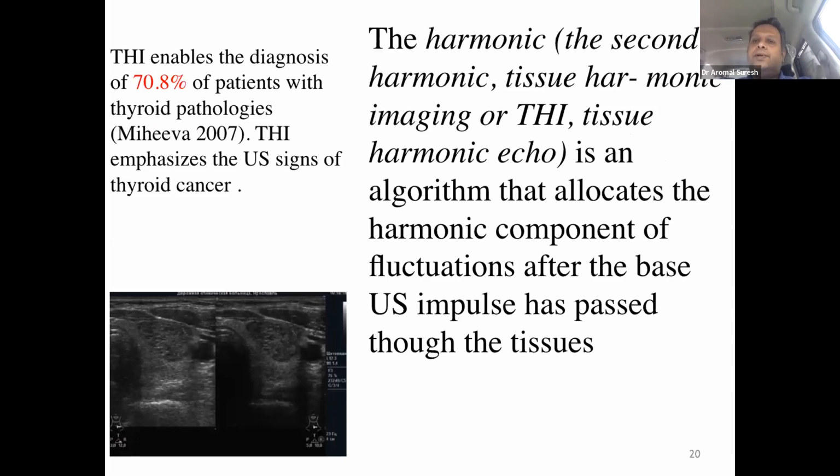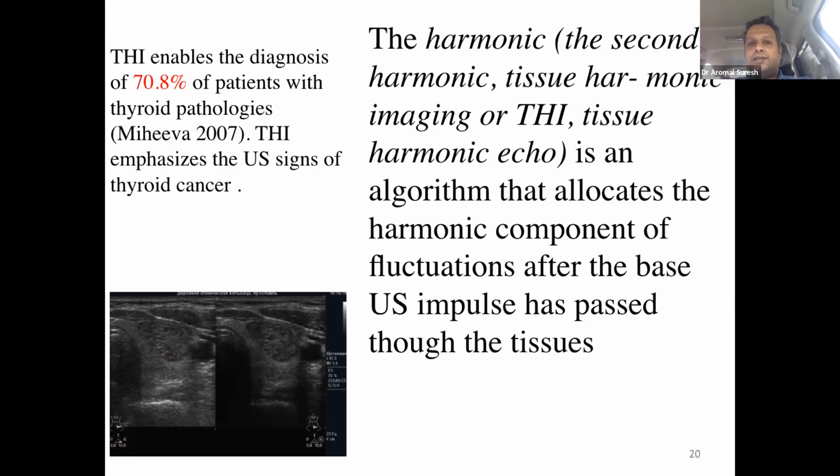This is very, very important especially at the interface level, because at the interface layer there is a high probability of tissue distortion and signal distortion that will cause artifact, which can be avoided with harmonic echo. So it is a very good tool to look at the edges and margins. Especially, as I mentioned earlier, pseudolobulations and nodules you can very well make out, especially in a thyroid nodule